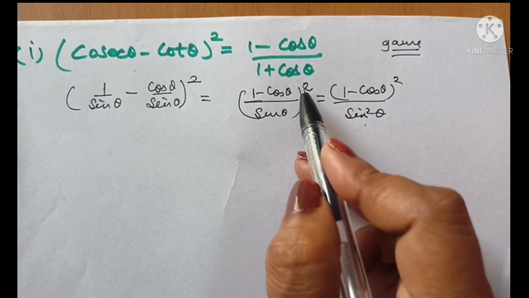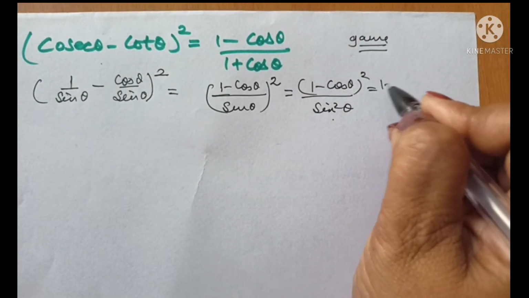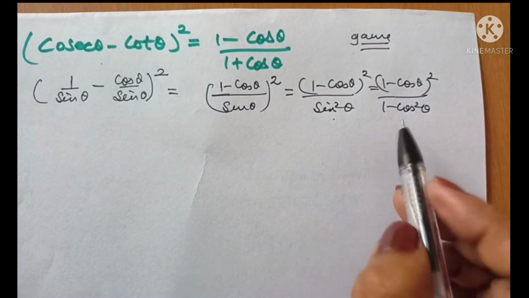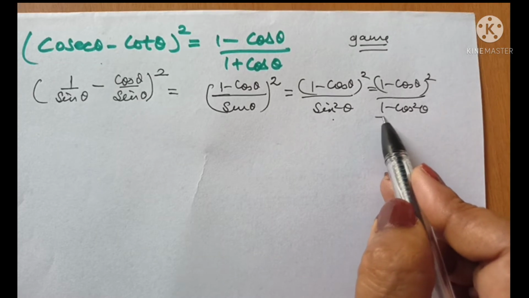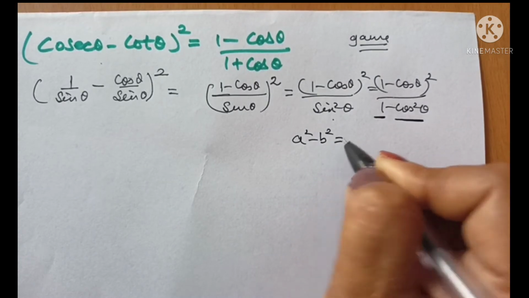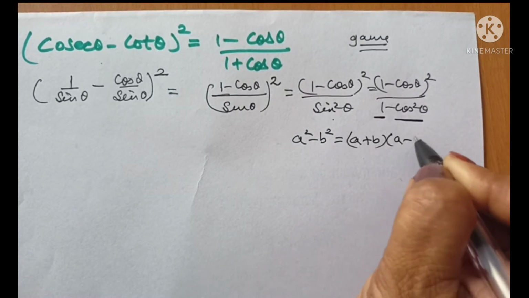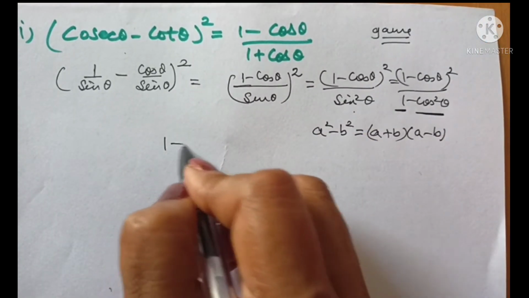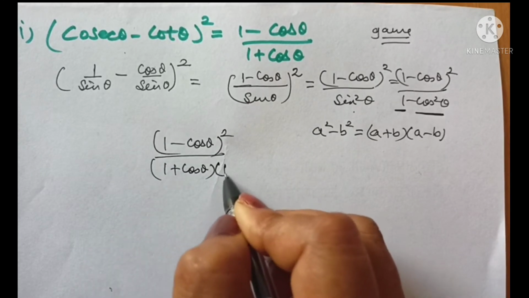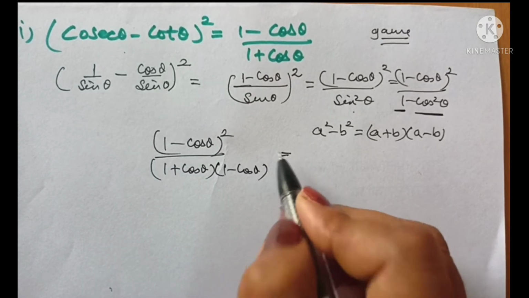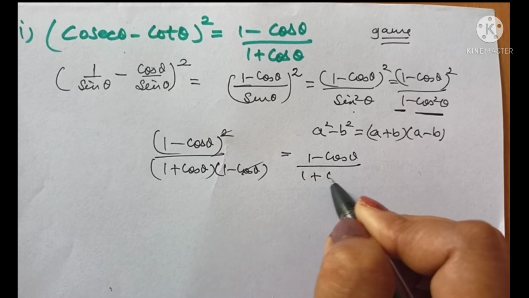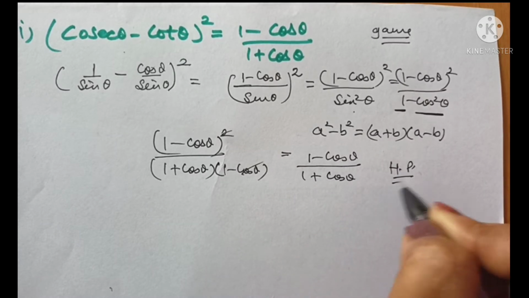And you know how to convert sin to cos? You know it very well. It is 1 minus cos theta whole square divided by 1 minus cos square theta. And obviously the next step is, if I want to use something on 1 minus cos square theta, I am reminded of the identity a square minus b square is equal to a plus b into a minus b. So let us apply this. I get 1 minus cos theta whole square upon 1 plus cos theta into 1 minus cos theta. And now you see one factor of 1 minus cos theta gets cancelled and I am left with 1 minus cos theta over 1 plus cos theta, which I was required to prove.